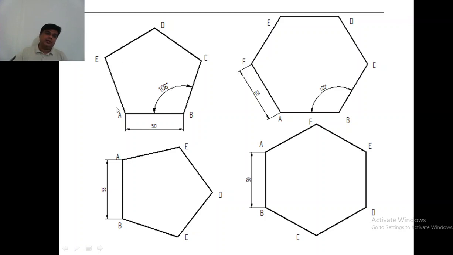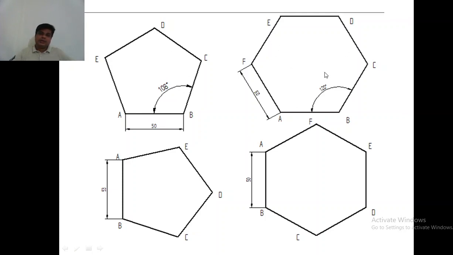So remember, to draw a pentagon, here ABCDE is a pentagon. AB is horizontal here, and in this case AB is vertical. This is also a pentagon, but here one edge is vertical. This is also a pentagon, but here one edge is horizontal. And in a pentagon you know that the angle between the two edges will be 108 degrees. You have to keep in mind, and you should draw these two 108 degrees, and here to here it is 108 degrees. So all the included angles will be 108 degrees. So while drawing a pentagon we should maintain this angle, all the edges and lengths here.